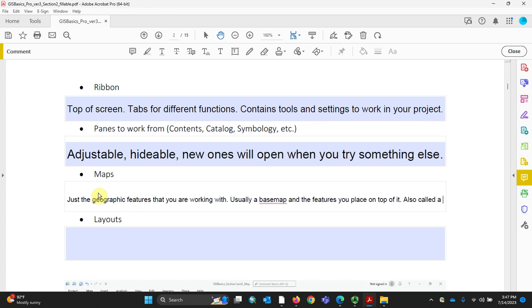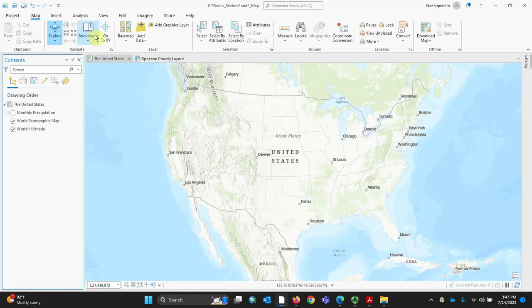Also called a map window. So let's go take a peek at it. It's our map, and what I'd have you notice is that it's just geographic features here versus a layout, and